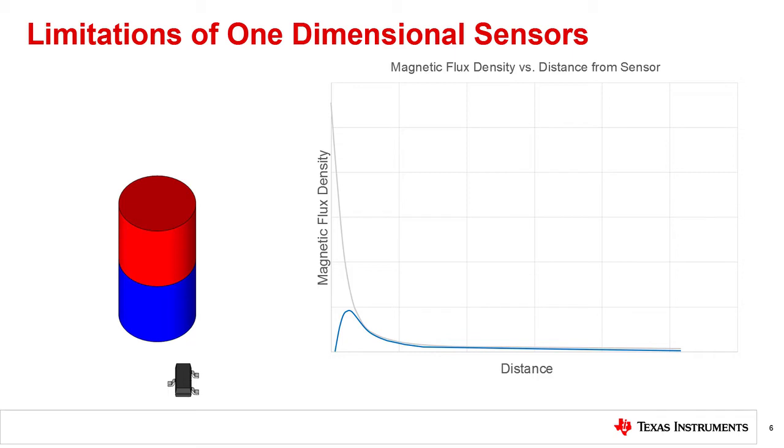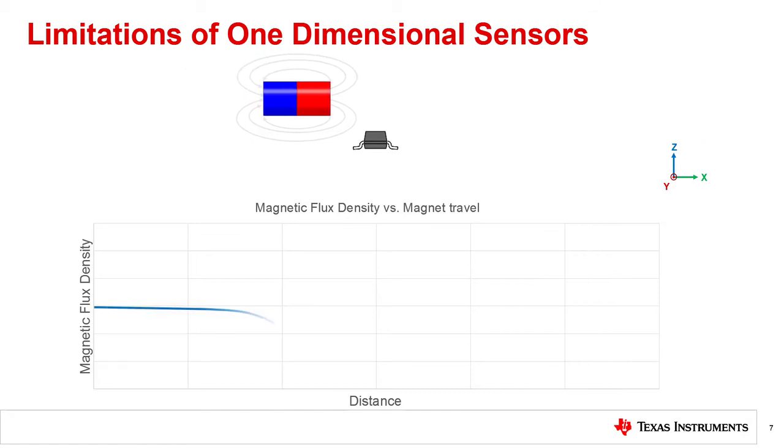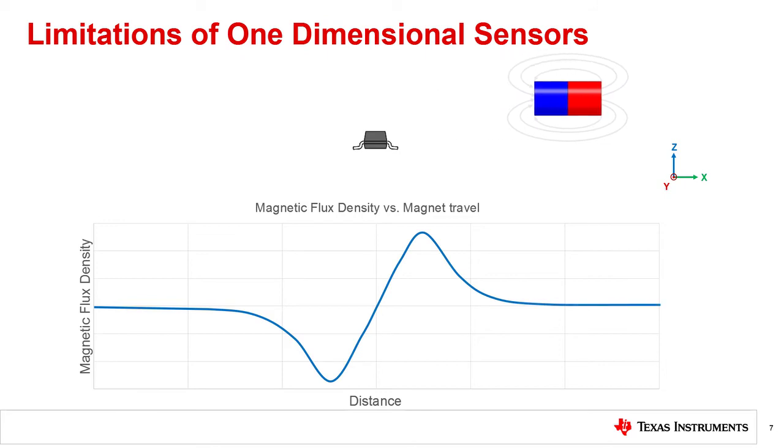To complicate matters, after the input field peaks, we can no longer determine which direction the magnet is moving. In a real application, this may result in the mechanism damaging itself due to uncertainty of position. Some configurations take advantage of the changing direction of the magnetic field vector. During this lateral sweep, we can detect the field in the z direction and observe an interesting output behavior.